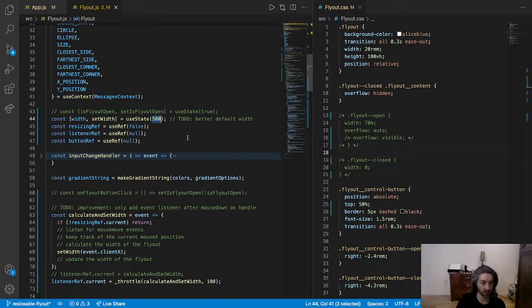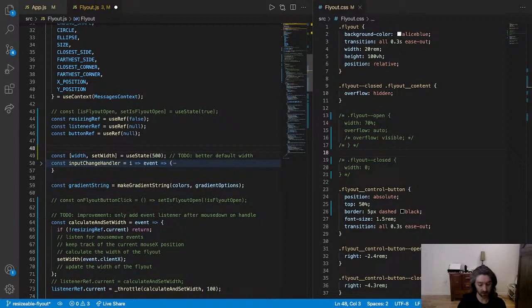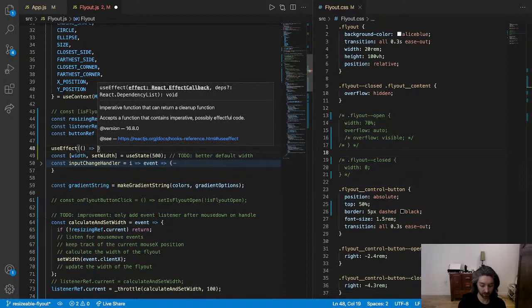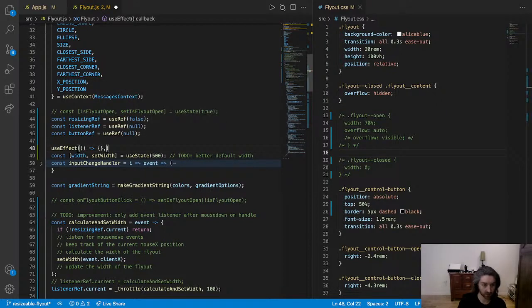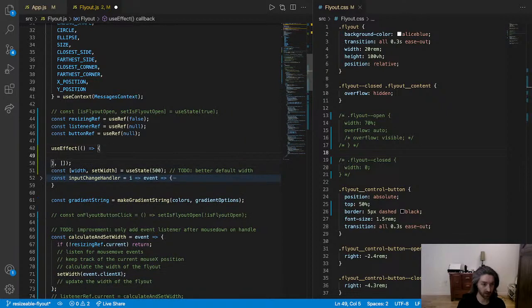I want to set this to an initial default set width. So this would be use effect only the first time. So only the first time it runs, run a use effect that